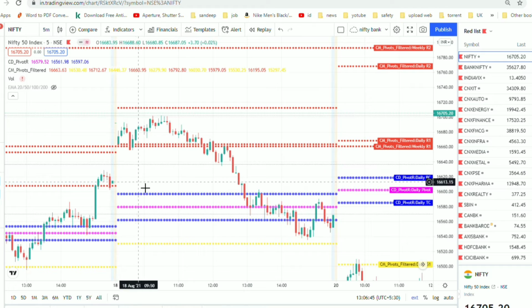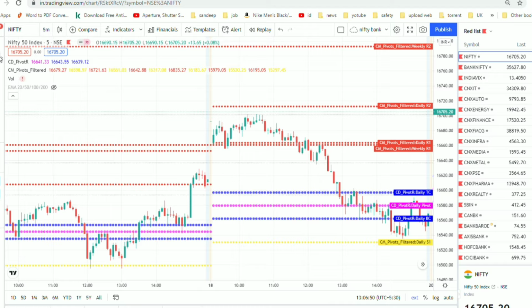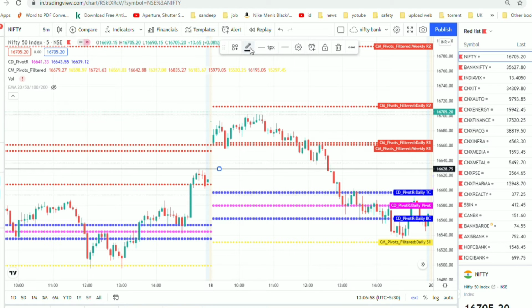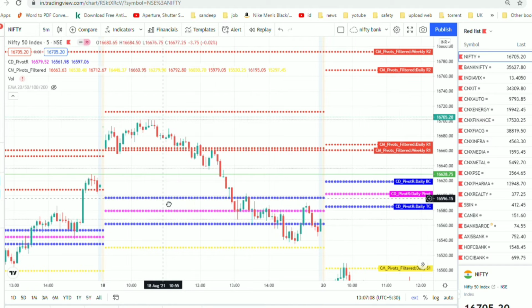So here is how I traded. As I always say, we have to mark the day's high in my strategy, which will be here. I always mark it with green color, because the day's high shows it is a green zone. Now, what was my strategy? The market opened with a gap up. As per me, I don't focus here because the market is on a gap up and it can come down anytime.